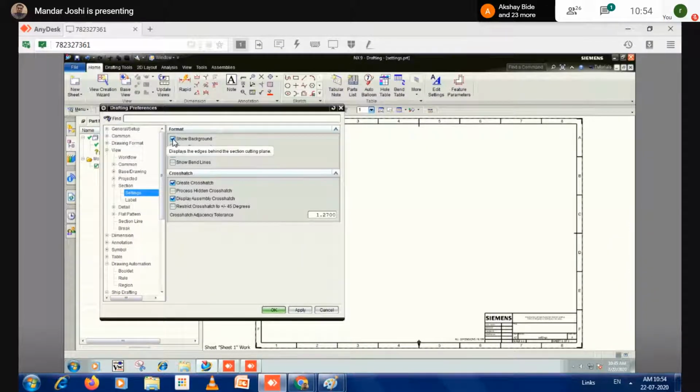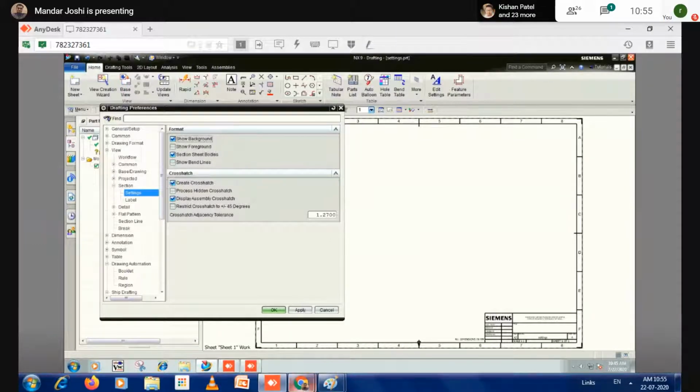So what is the use of this? I will tell you during the drafting practices. If you want to show only cross sections, there is no need of internal details, then you have to turn this off. Then only it will show the cross sections of your object. And if you activate this button, the internal details are also shown. What next?